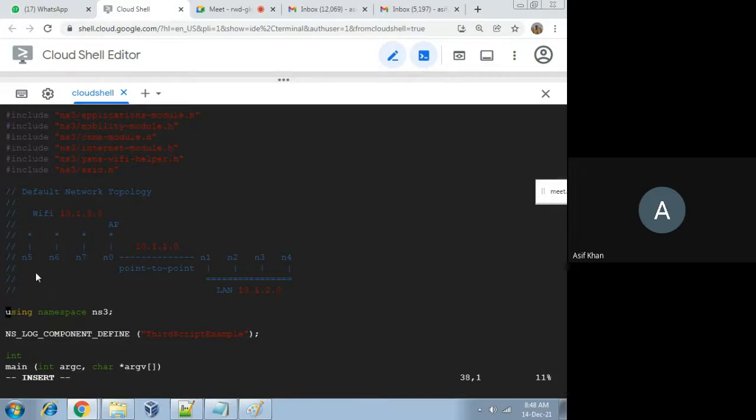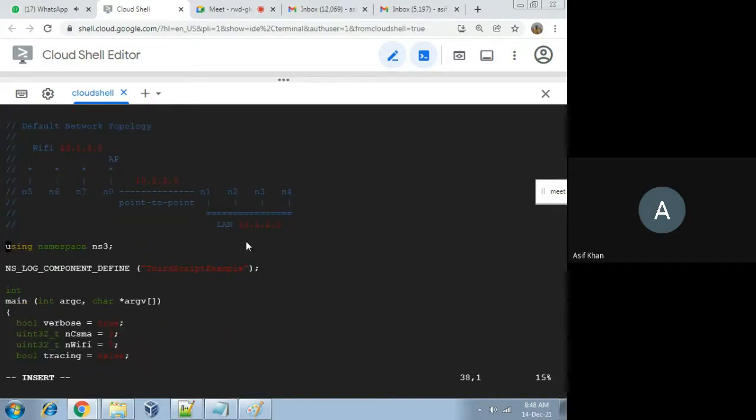Keeping the number of Wi-Fi nodes fixed, varying the number of nodes in the CSMA network, you'll be asked to find the performance. For NCSMA nodes, for 4 you find the performance, for 5 you find the performance, for 6 you find the performance, like that for 10. Okay, so this is one question.